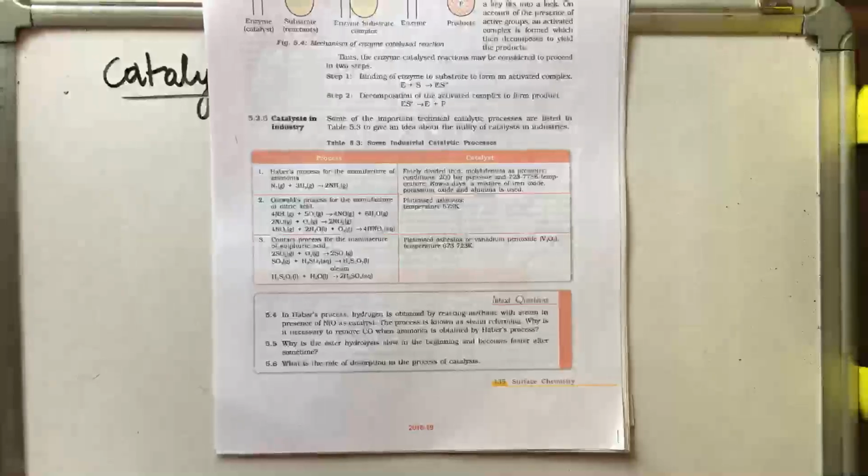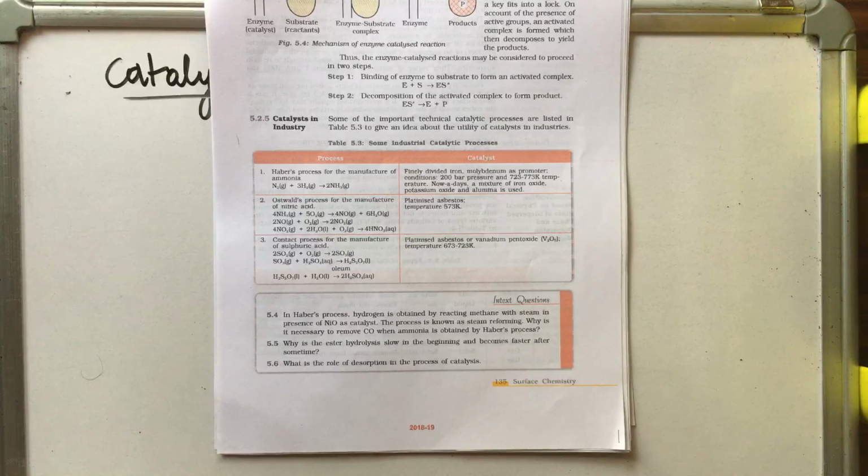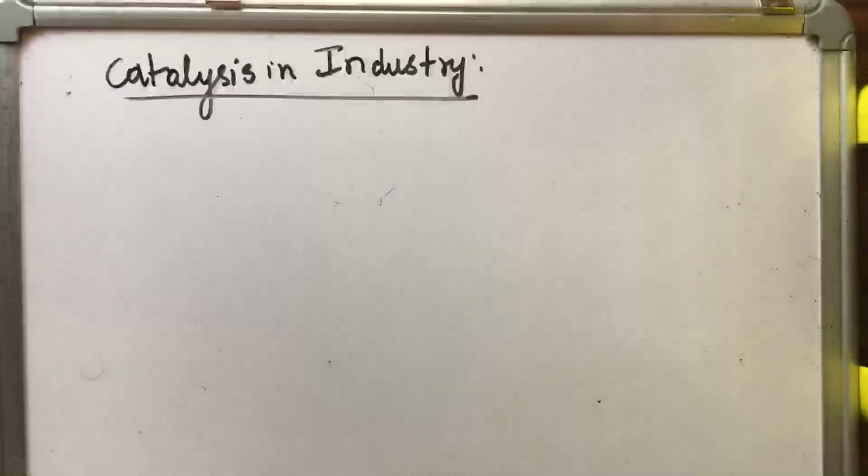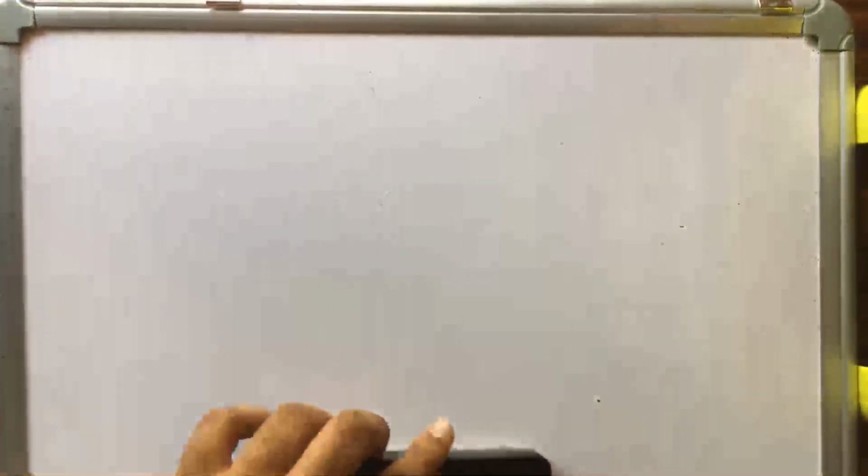Okay students, let us go for the next part. We have finished the second part of surface chemistry. Now we are at the end of surface chemistry. So we have to start studying something about colloids. For studying colloids, students, we'll start with certain discussions so that you can understand the topic very easily.